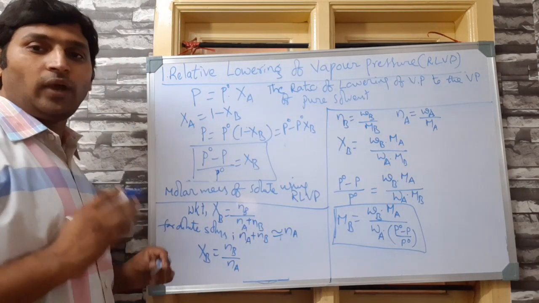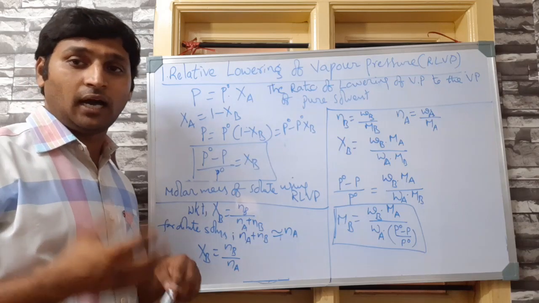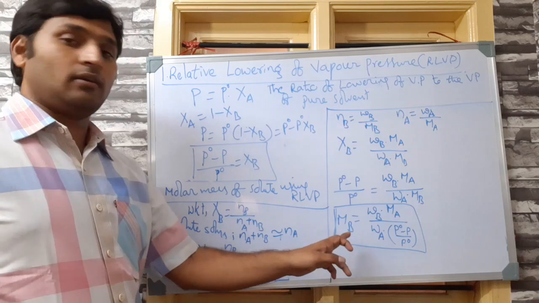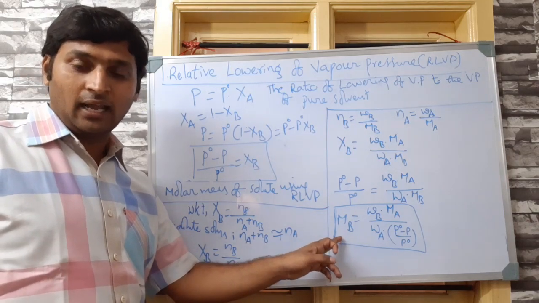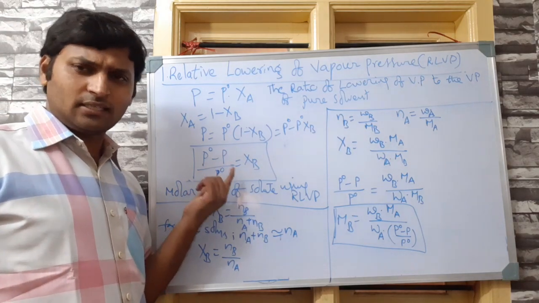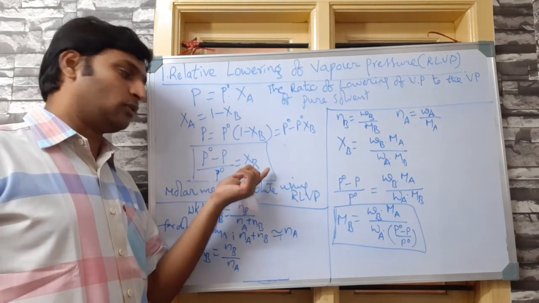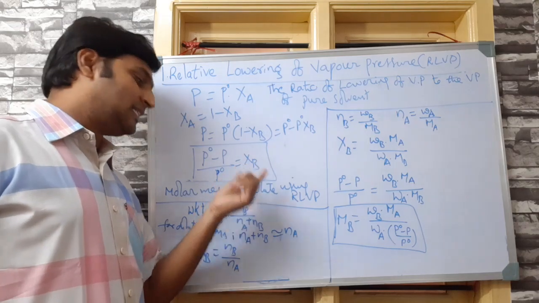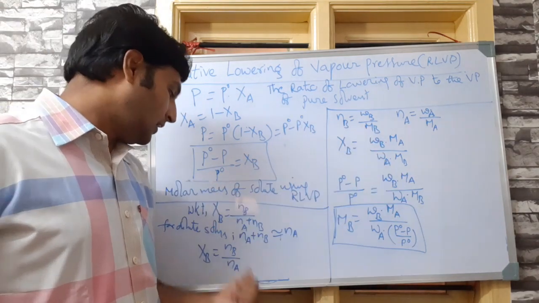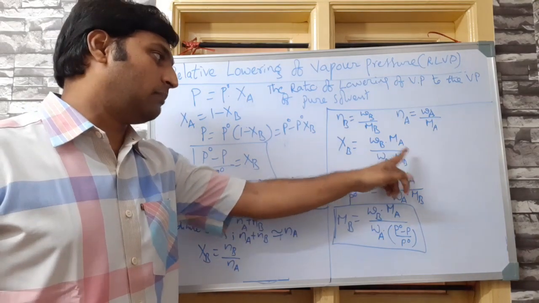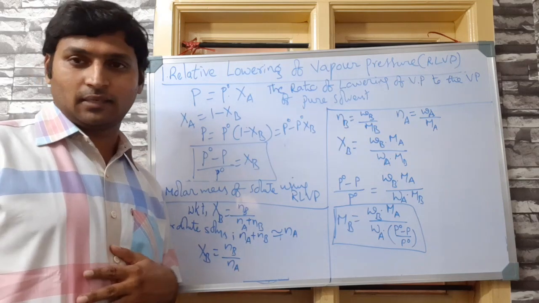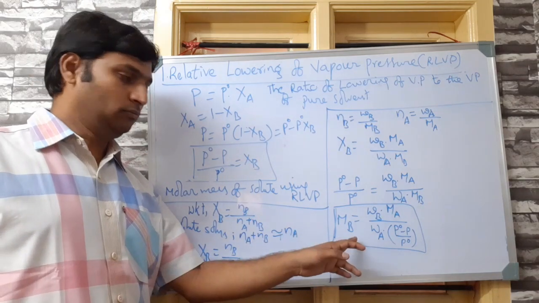This is the very, very important formula that we need. Now I would suggest, instead of memorizing this formula, try to remember the basic formula, that is Raoult's law: relative lowering of vapor pressure is equal to mole fraction of solute. Then substituting Nb by Na in the place of Xb, and replacing Nb by Na with Wb into Ma by Wa into Mb should not be a big problem if you have clarity in the subject. Clear? Instead of trying to memorize.